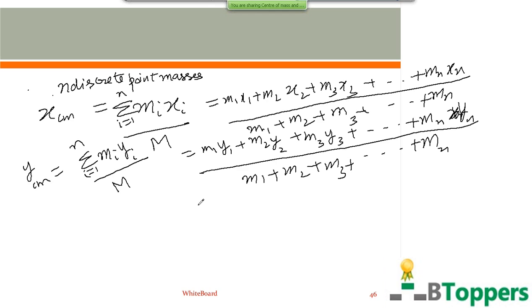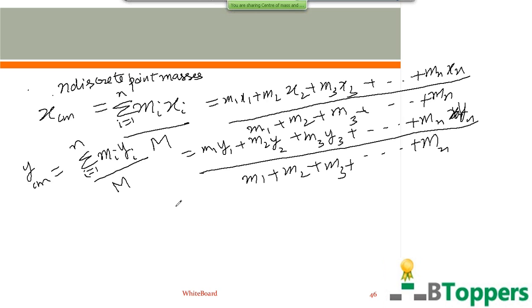That means to find the position of center of mass of continuous bodies like a thin uniform semicircular ring or thin uniform semicircular plate or thin uniform rod, or a rod where you may be given the linear density of the rod to vary according to some equation. So in the case of continuous bodies, instead of discrete summation, we have to follow the continuous summation